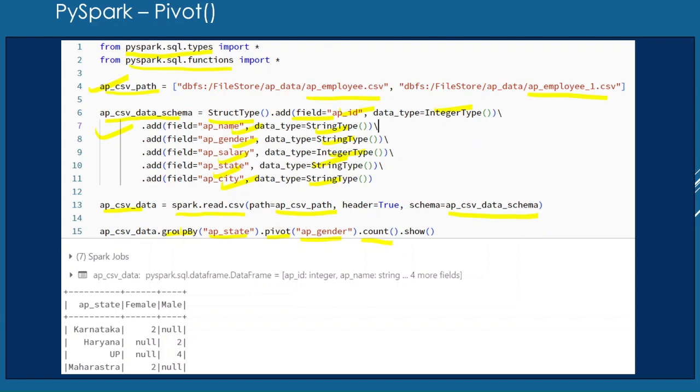If you're not able to understand this point at a time, it's okay. When I show you a practical example, we will get to know what this pivot function is doing, why I have done a groupBy and the pivot on AP gender, and why I am taking the count. We will get to know whenever I demonstrate with the help of a notebook. But I have also captured the output. So if you just display this